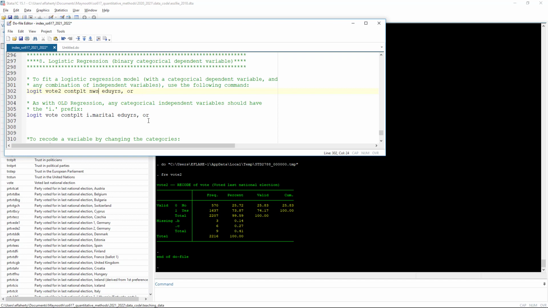So we're going to look at this in the same format we did as before, where we have our base command, our regression command, in this case logit, our dependent variable, and as with OLS, it's very important that the dependent variable comes first in the command line. So our dependent variable is vote2. Our independent variables then are going to be whether the respondent contacted a politician, their marital status, and their education in years. And then after the comma we've got OR, because we want our coefficients to be in odds ratios